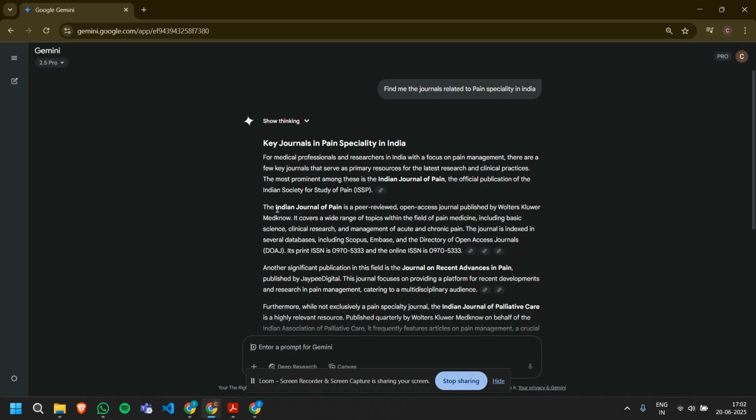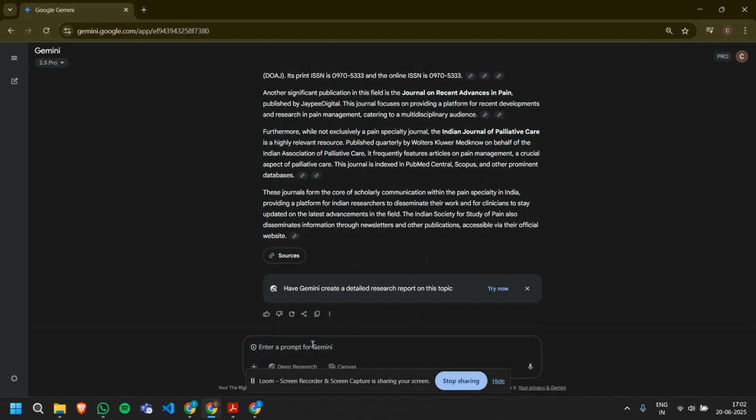So here we can see ISSP, Indian Journal of Pain. This is a society. This is an association, not a journal. Now you can ask it to list three with their contact details, and then we can ask it to find me the chief editors